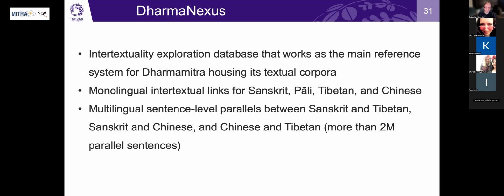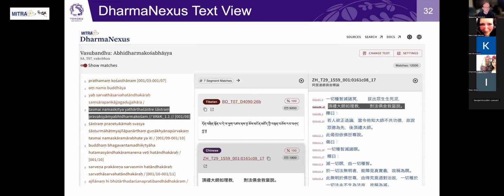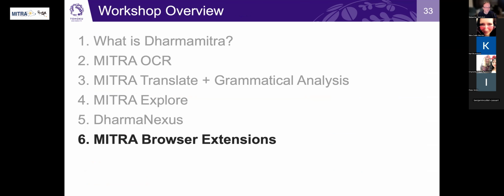Currently we are storing about 2 million parallel sentences here. The interface of Dharma Nexus is much more technical than the other Dharmamitra functions. It's a two-pane database system with multilingual display, and it's a little bit clunky, but if you really want to understand what is going on behind the scenes of Dharmamitra, having a look at Dharma Nexus is very helpful.